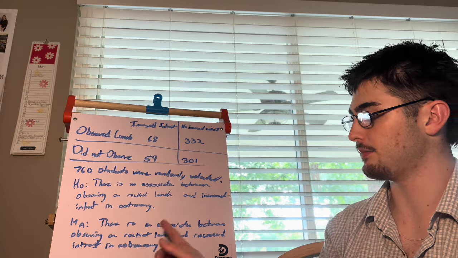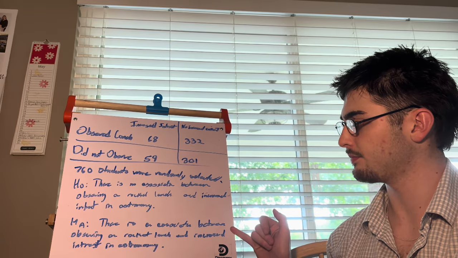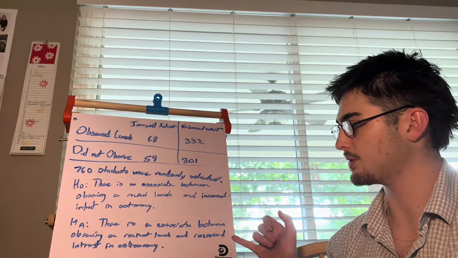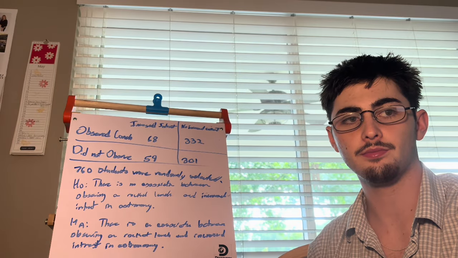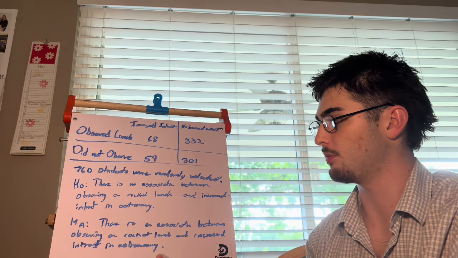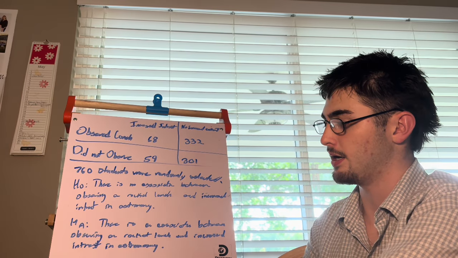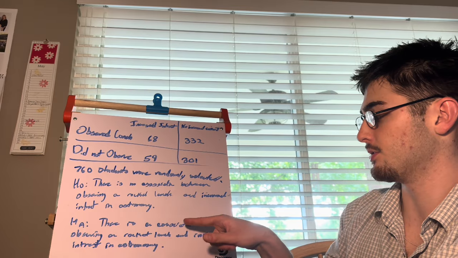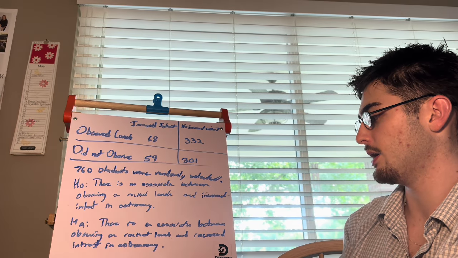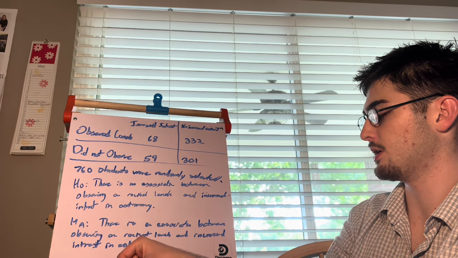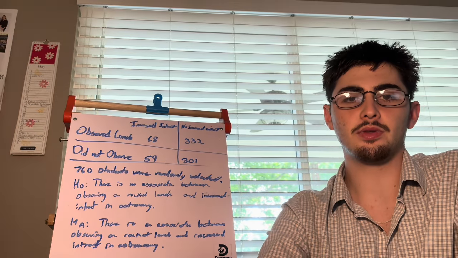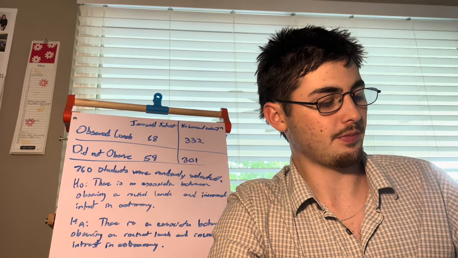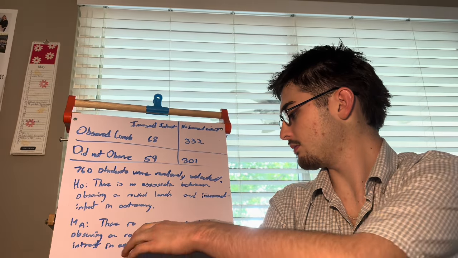And then for the second hypothesis is the alternative hypothesis. So H and then A. So after you write that, then you write there is an association between observing a rocket launch and increased interest in astronomy. So after you write those two down, you should be pretty much good, except for the fact that